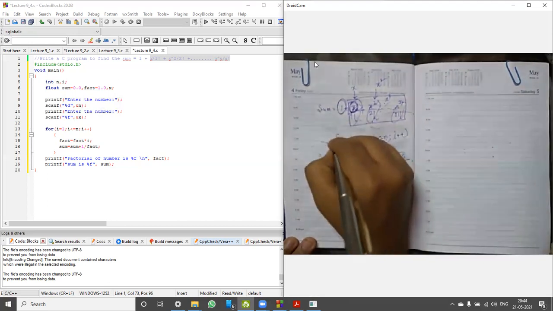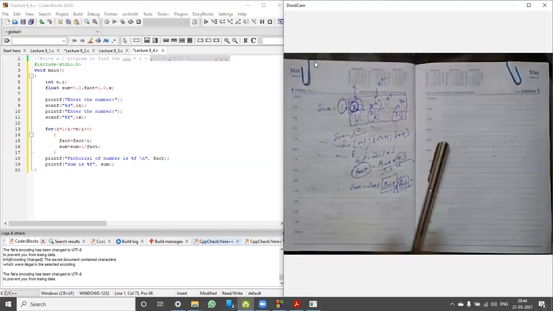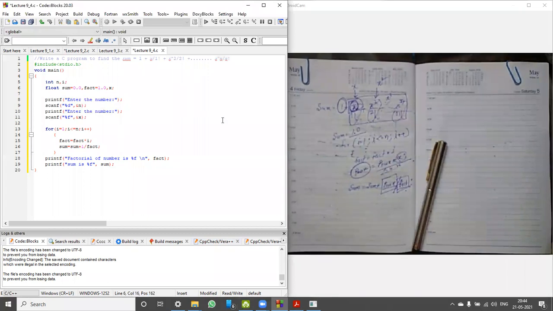We can initialize sum with 1.0. To do this, we can convert this value. Sum is equals to 1.0, factorial 1.0. Now x, we want to take an input. Now I'm calculating one more small variable pwox, this is power x, which is equals to 1.0.